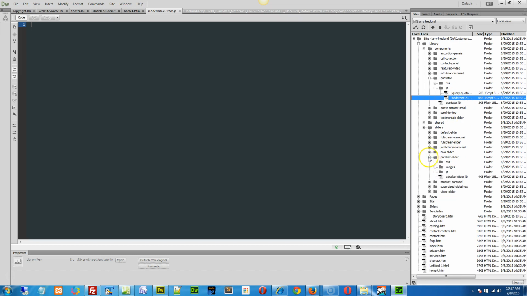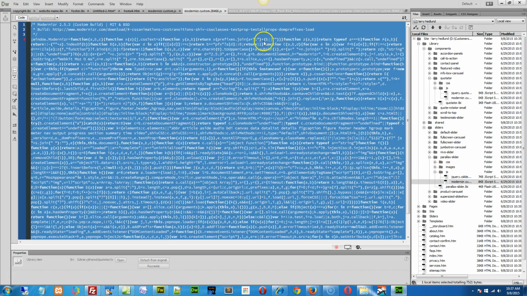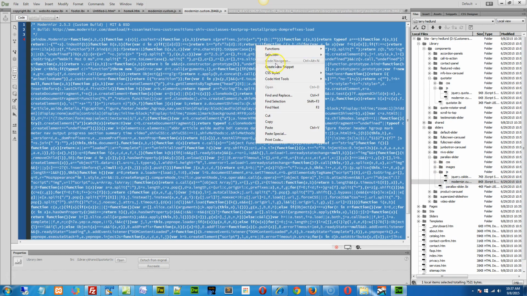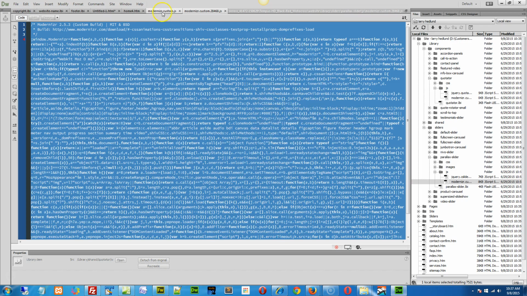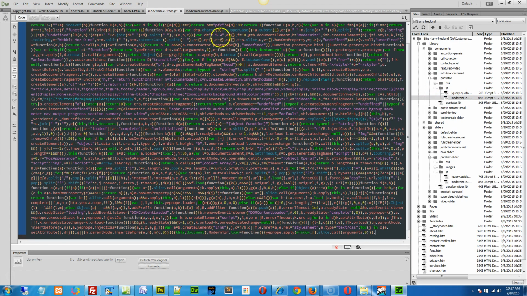Quotator, parallax slider, JS, modernizer. Open up the slider, parallax slider, JS, and the modernizer custom. Open that up, do a Control A, and copy this, and go to the modernizer for the quotator. So go to the quotator, the JS folder, and the modernizer custom, open it up, and paste in all that